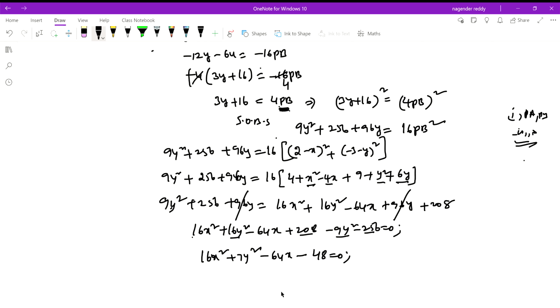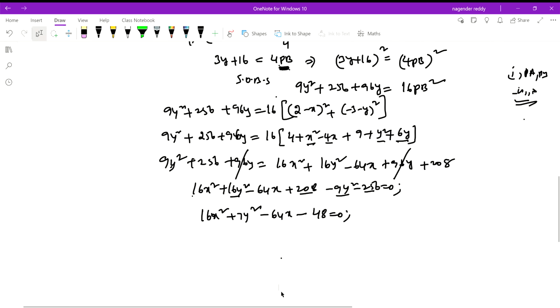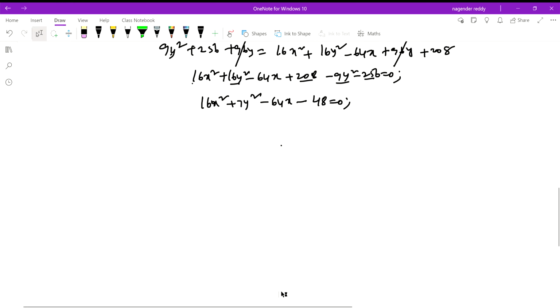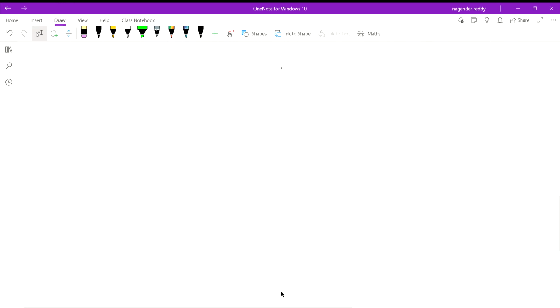So please clarify. The third type is the equation or the relation: how to find the relation between x and y when the area is given. When the area is given, how to find that is the third type. So only these three types we have in this chapter. So hence we'll conclude this class now. The third one I'm taking on the screen.